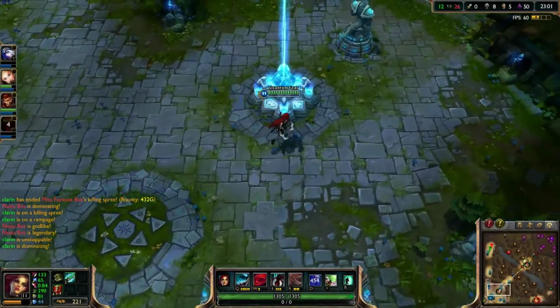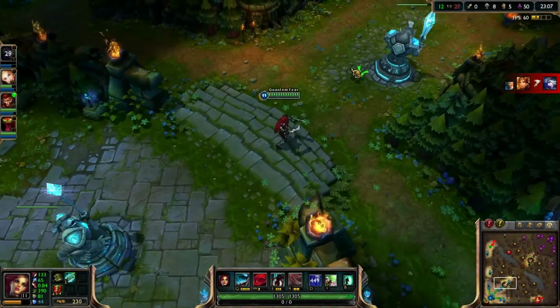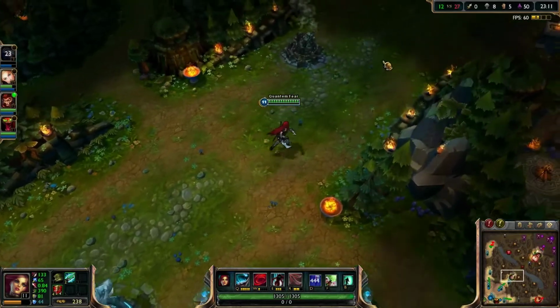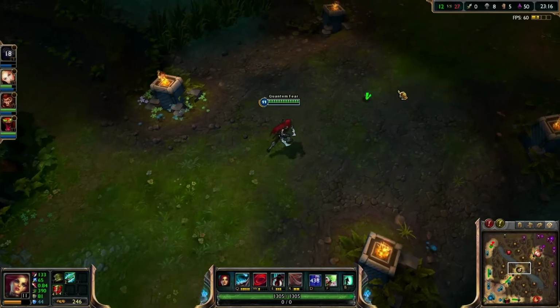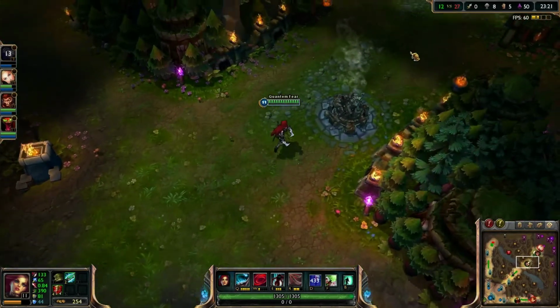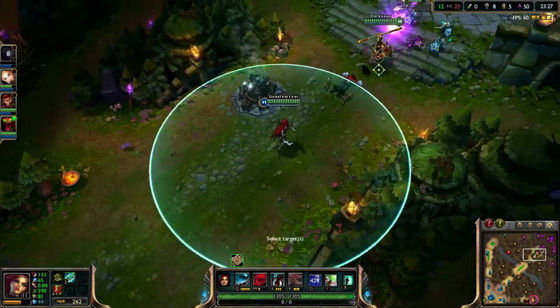But at this point, I died 8 times, and out of the 27 kills for their team, honestly, I'm feeling pretty good about that. Granted, it makes up for more than my fair share, but it's still worth it. And at this point, I'm trying to catch up to the push that our Lux is